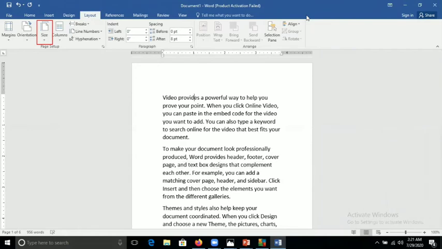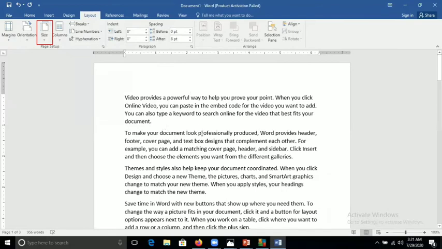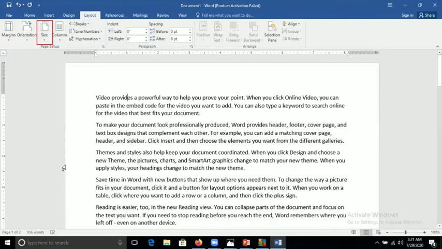Normally we use A4 size sheet. This one is A4 size paper. According to our requirement, we can take. If I want to increase it like B4, just click on B4. Now you can see total number of pages is 2.